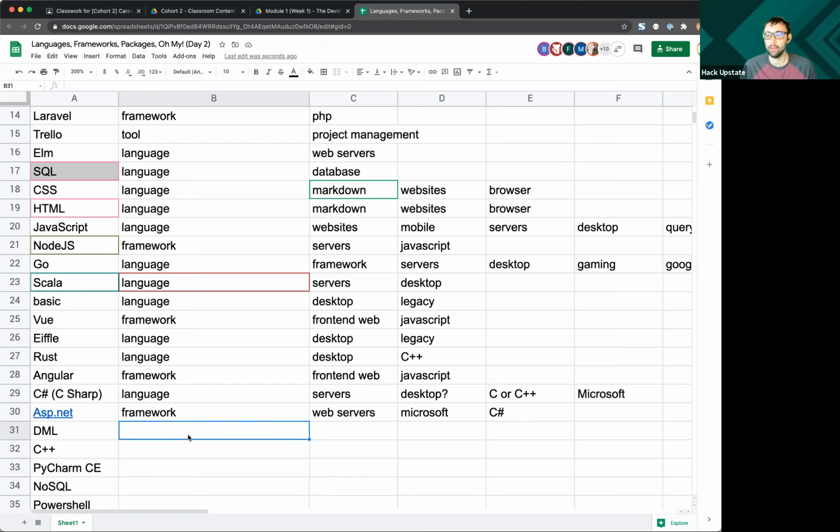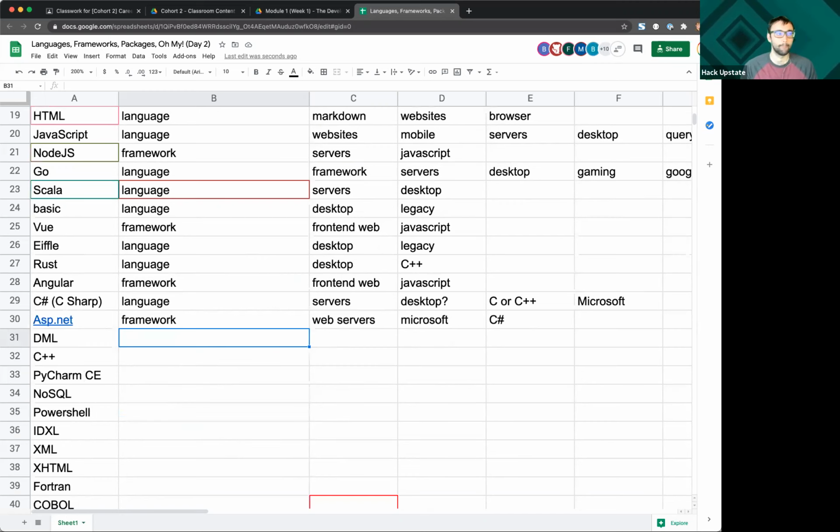ASP.NET would be in the top 5 of popular web frameworks. When I say a web framework, I mean something that is either going to help you serve up a website or connect to a database, or something that is going to run on a server to make your job easier to write custom code on top of.